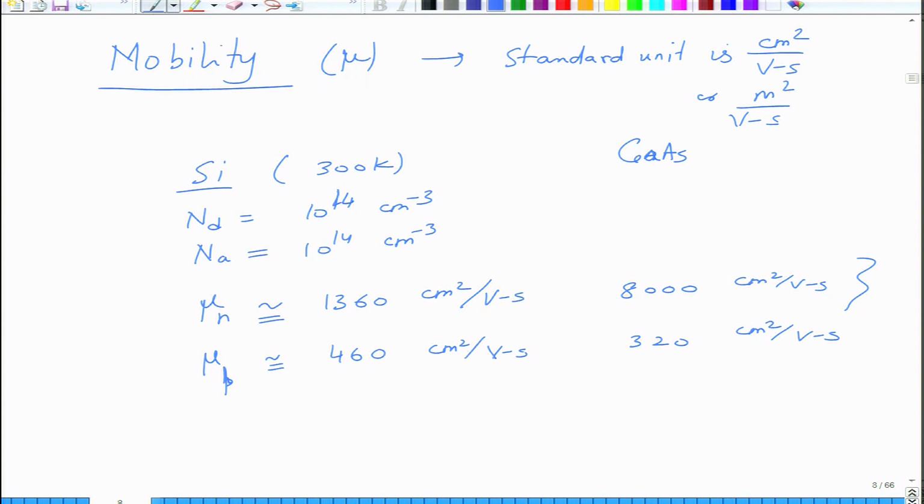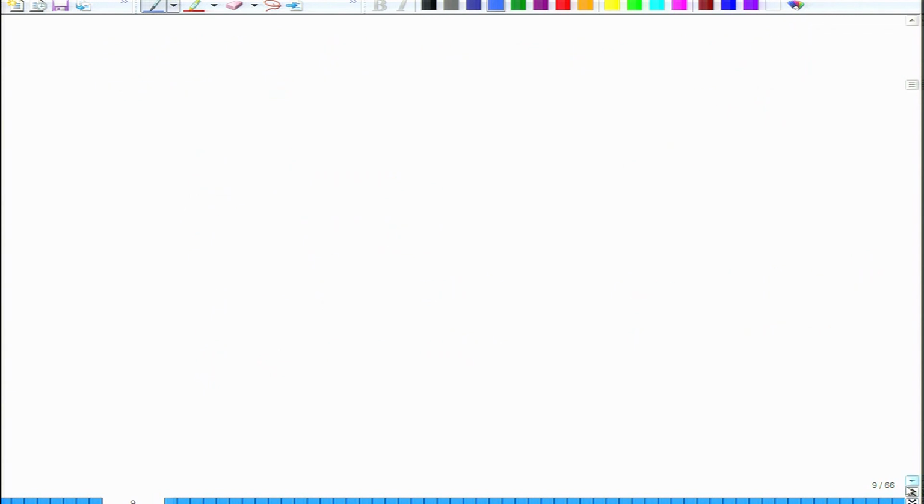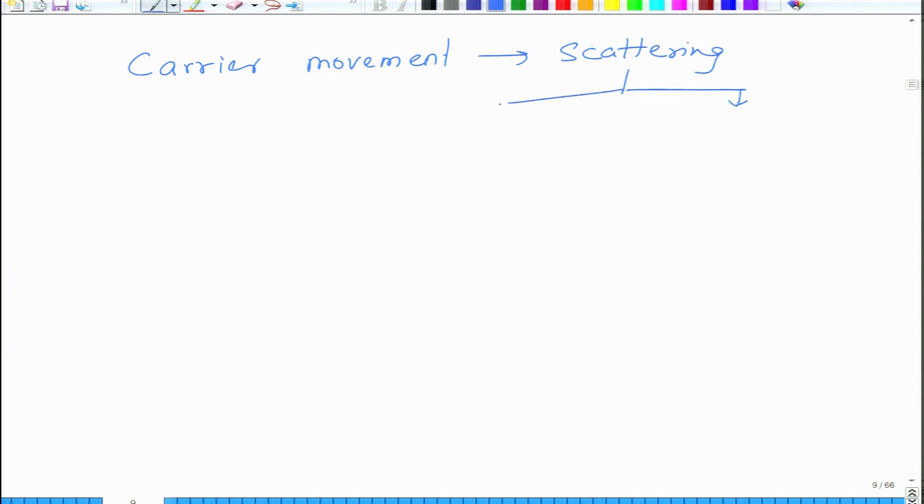Since the carriers undergo scattering, this scattering could be because of lattice vibrations, which is called thermal scattering, and then you have impurities, because you have dopants. So, they also cause the carriers to scatter. When you have this scattering taking place, then one can write